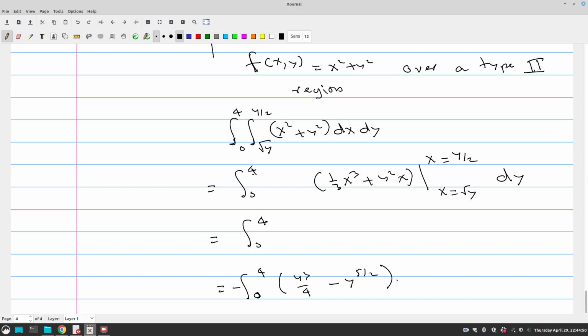I mean, you plug in x is equal to y over 2, you get y cubed by 8, so you have y cubed by 24 plus y squared x, y cubed by 2, which is 12 y cubed over 24, minus 1/3 y to the 3 over 2, minus y to the 5 over 2, right, dy,